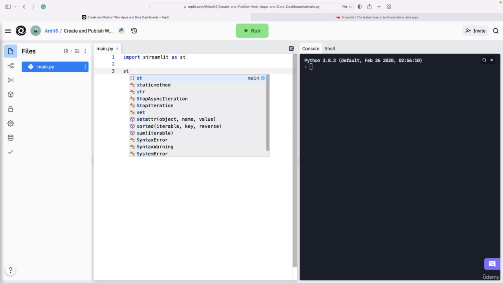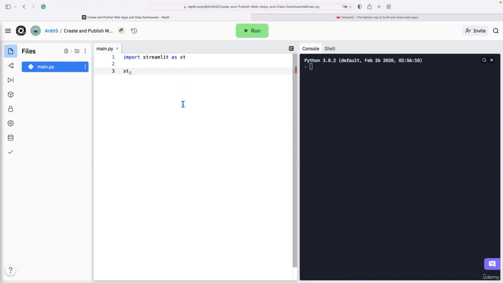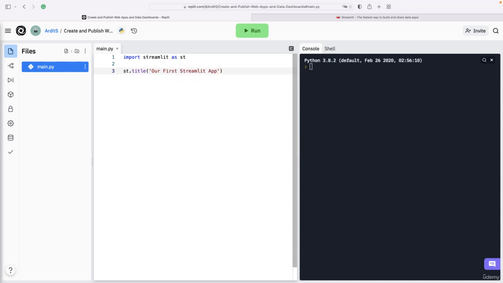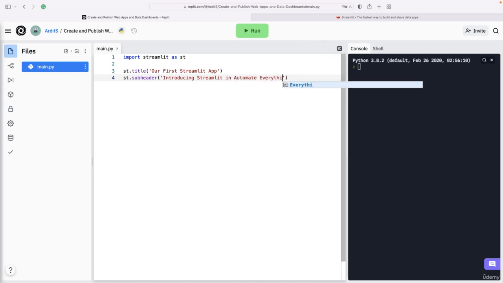Then you can refer to Streamlit, so ST in our case, and set a title first for your website. Our first Streamlit app. And to add perhaps a subheader, introducing Streamlit in automate everything with Python. So we have a title, a subheader, and let's add some text such as this is our